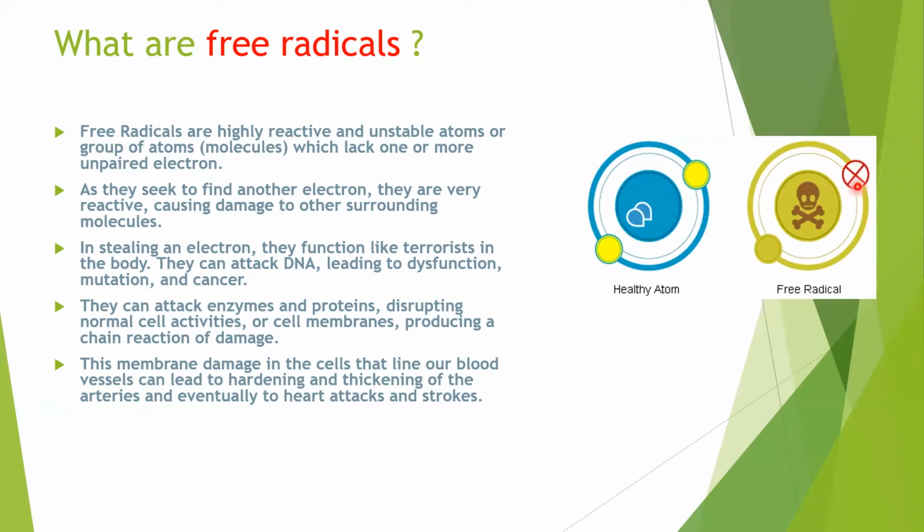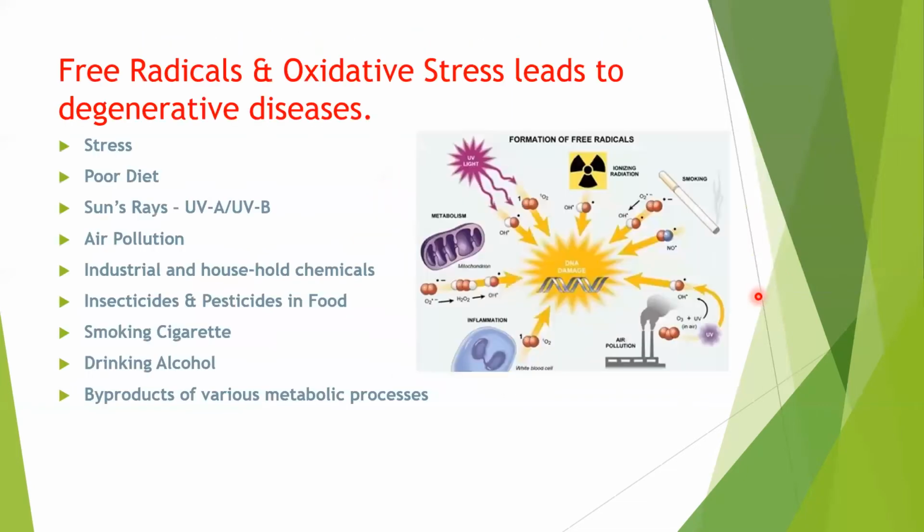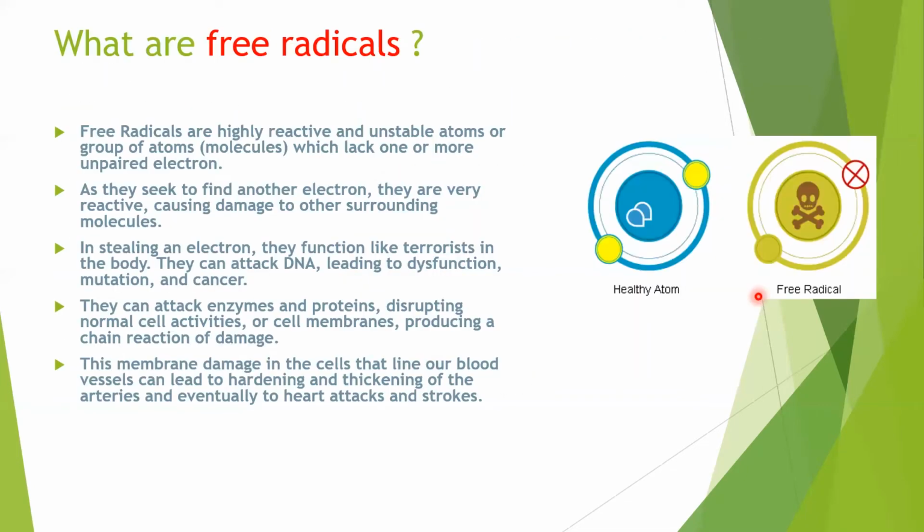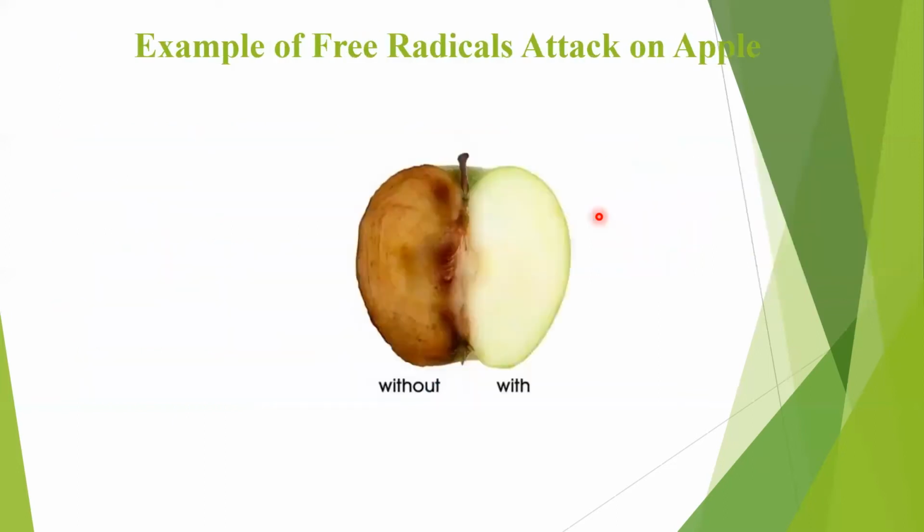And what this free radical does is it attacks the neighboring molecule. And when it attacks the neighboring molecule, it disturbs the neighboring molecule or the neighboring atom, and it itself becomes balanced, as you can see in the picture, but the other molecule which it attacked becomes unstable. But imagine if there are too many stray free radicals attacking left, right, and center, different cells and molecules and atoms of our body, there is an unstoppable war which happens within. And that's what is called oxidative stress.